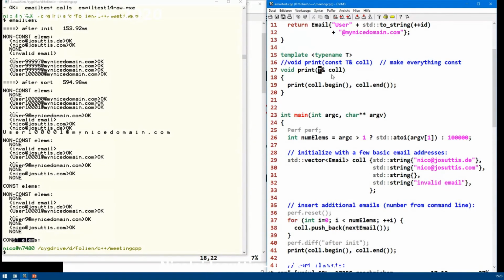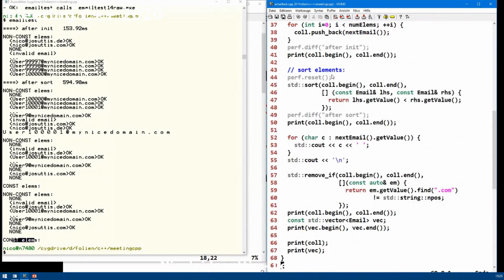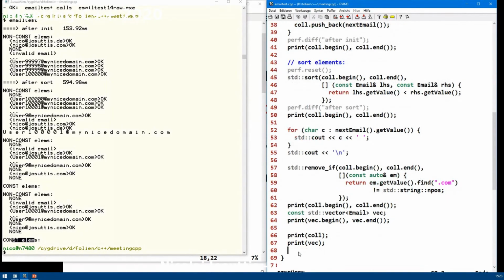Here T gets the type of what we pass. If it's a const vector, T is a const vector type. If it's a non-const vector, it's a non-const vector type. So great, everything is fine. Well, is it? Let me do something different. Let me call print with a temporary vector. So std::vector of email